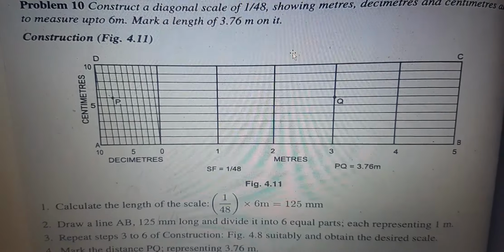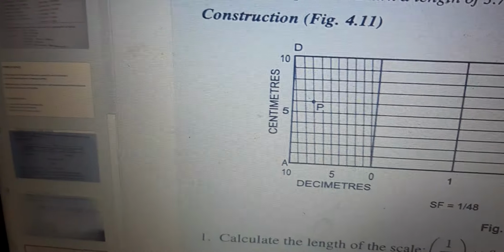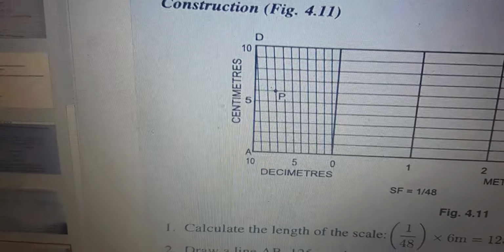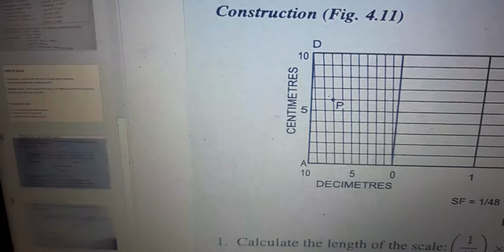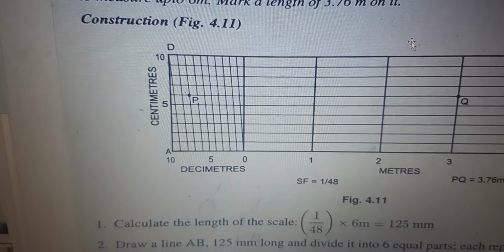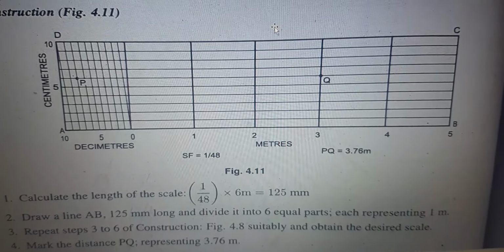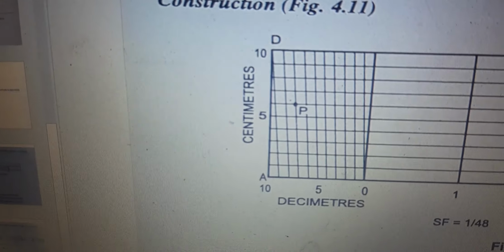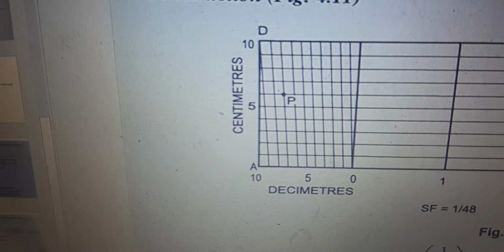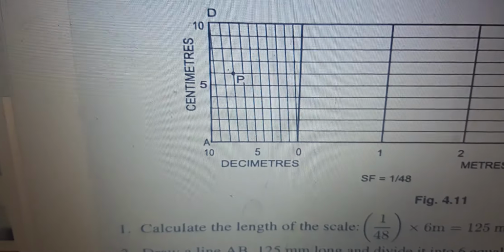So first, after constructing the rectangle and dividing it into 6 equal parts, we are going to concentrate on the first part, and we are going to divide the first part into 10 equal parts, and we are going to divide the vertical line AD into 10 equal parts. After dividing AD into 10 equal parts, we need to draw the lines from the divisions on AD parallel to the base of the rectangle. And after that, concentrating on the first part, as we divided the first part into 10 equal parts, we need to draw the lines.